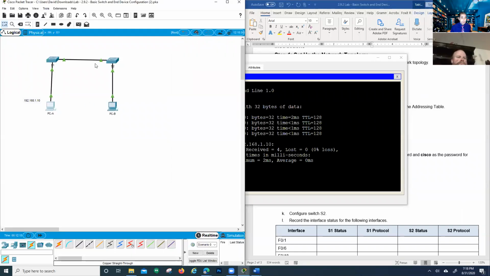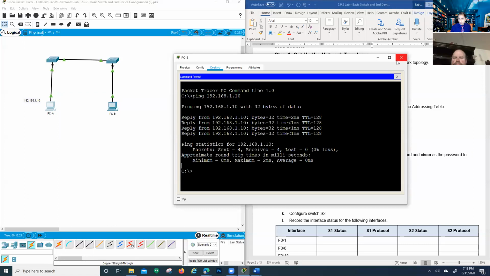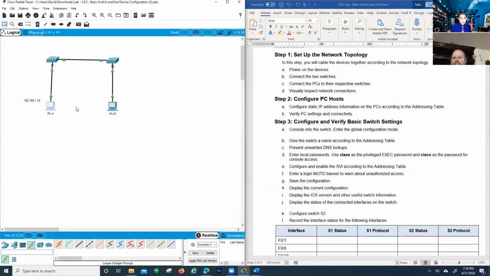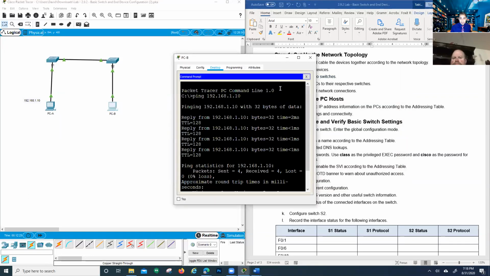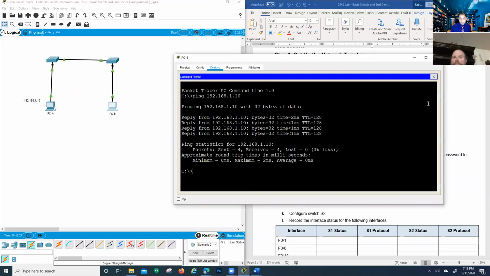The default configurations on the switches should be enough for a local network like this one. All right, so we had connectivity, and let me just display that again. The command I used was ping, and then the IP address of the computer. I'm on PCB. The IP address on the computer in PCA, I'm telling it to check